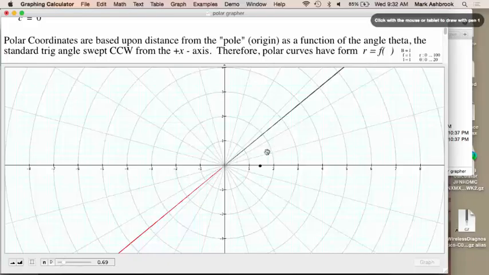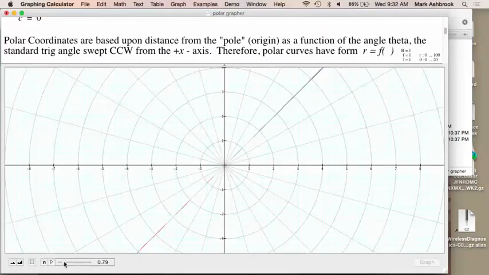And so that angle, let's do 45. Okay, so let's go right here. So here's a point, and so the angle is pi over 4. I swept halfway through the first quadrant, angle theta of pi over 4, and distance from the pole of